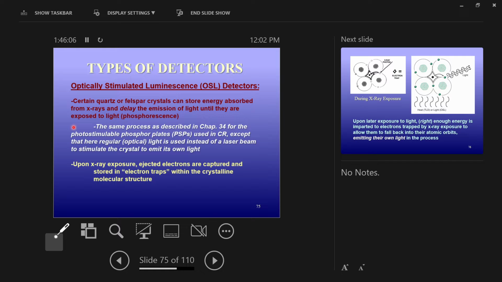They are pulled on by the nucleus. Why? Why are these electrons being pulled by the nucleus? Yeah, opposites attract, right? So let's say electrons are